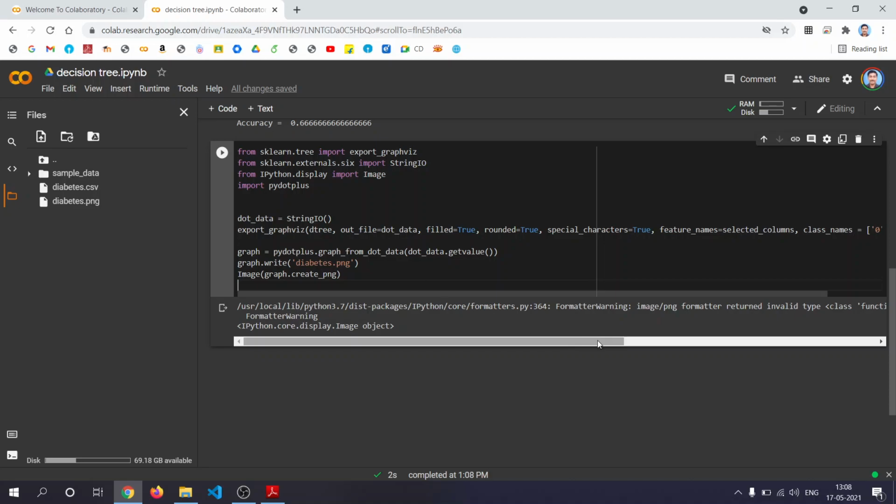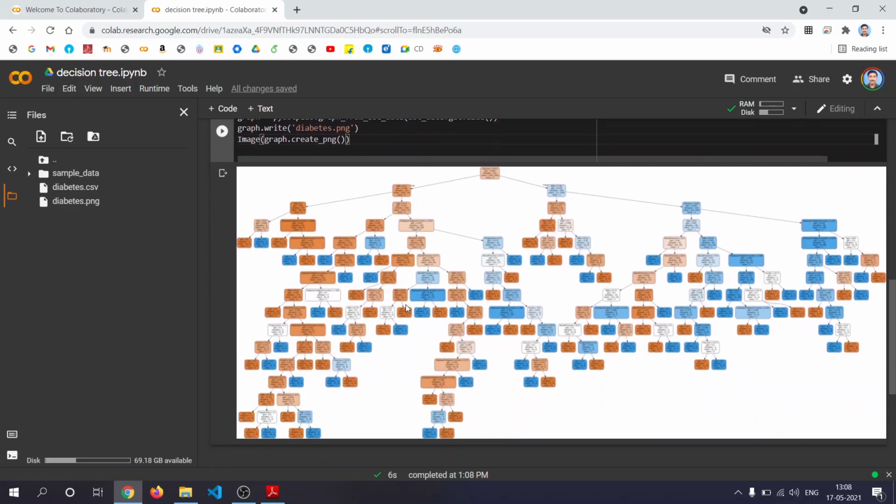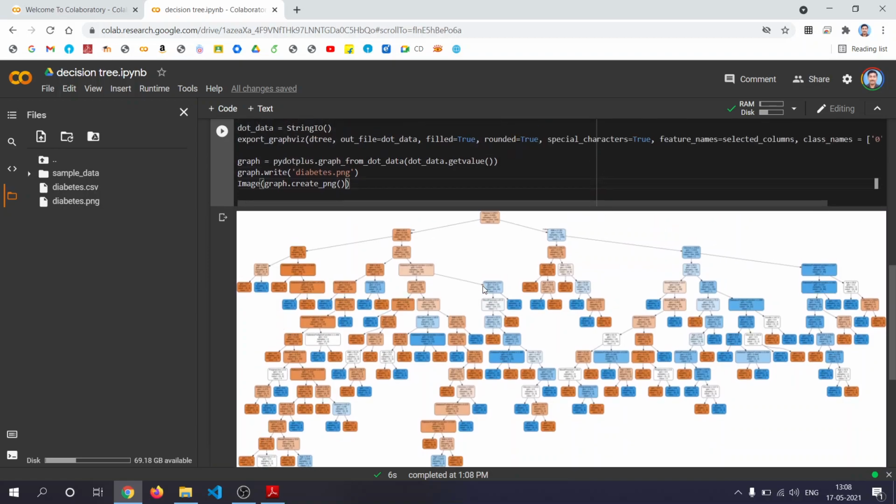Formatted warning. Now it is constructing the image and you can see that this is the graph constructed from the data.